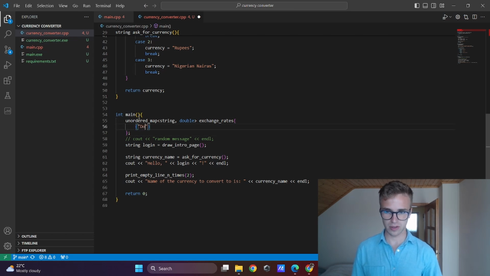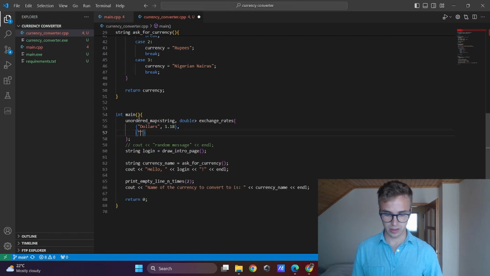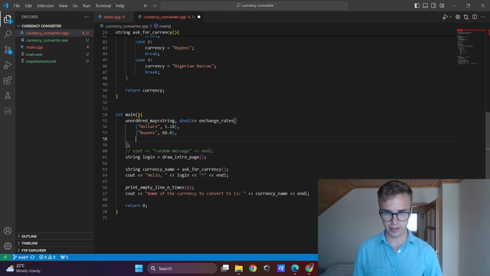First key will be dollars, and the exchange rate from the euros will be 1 euro for 1.18 dollars, comma, rupees, here will be 88.0, and the last one will be Nigerian nairas.